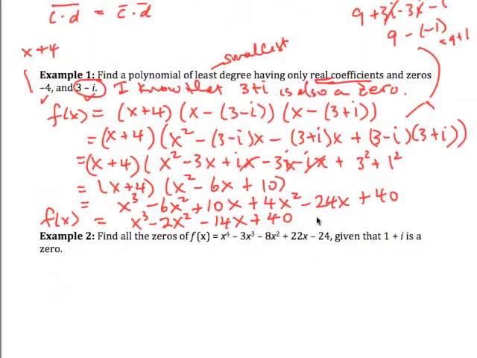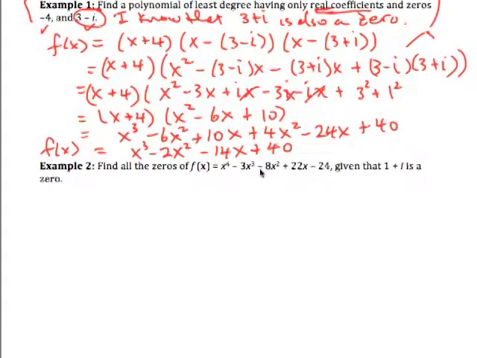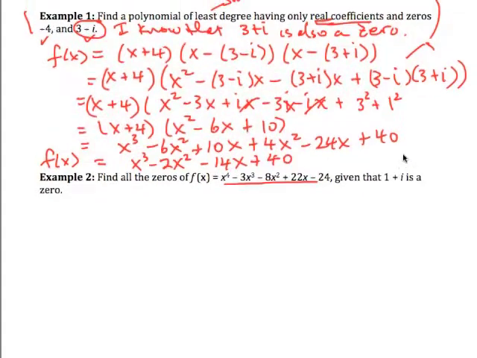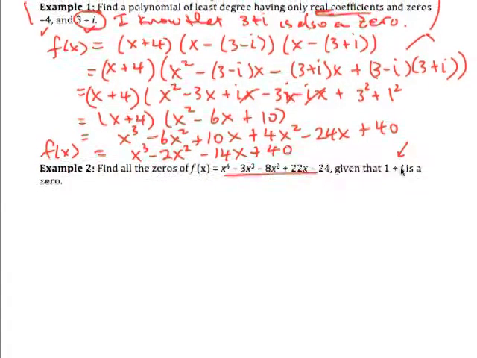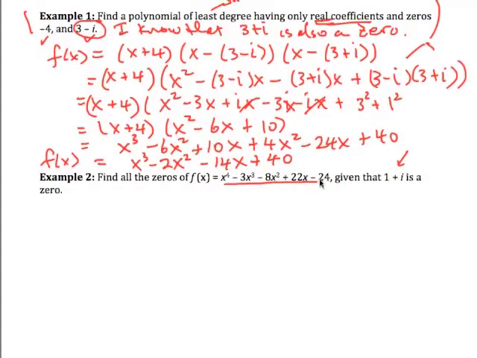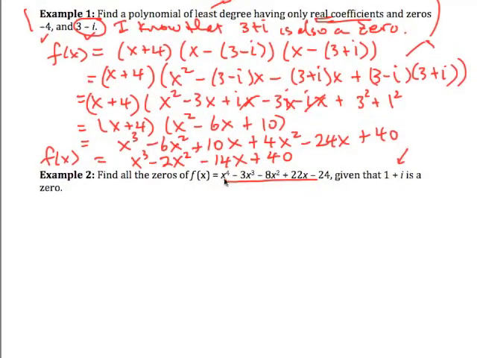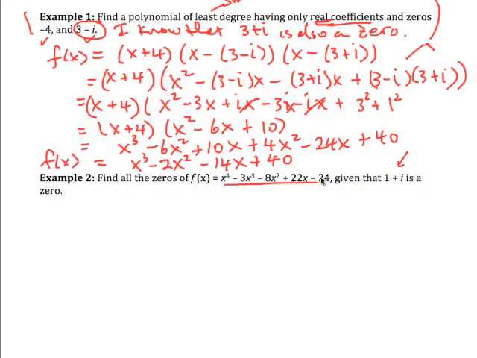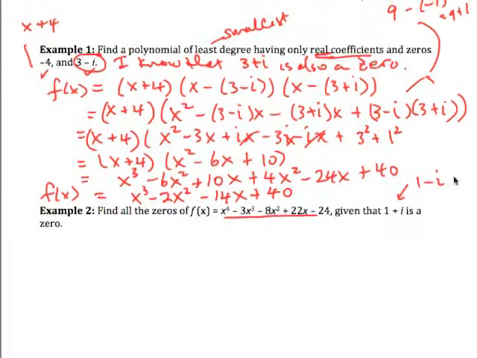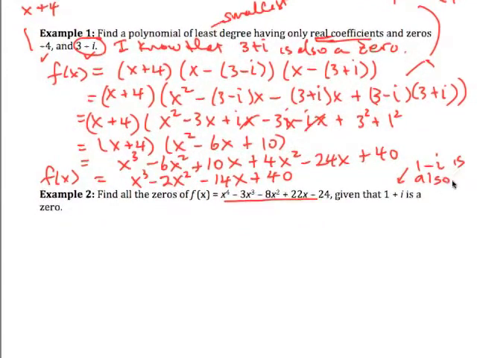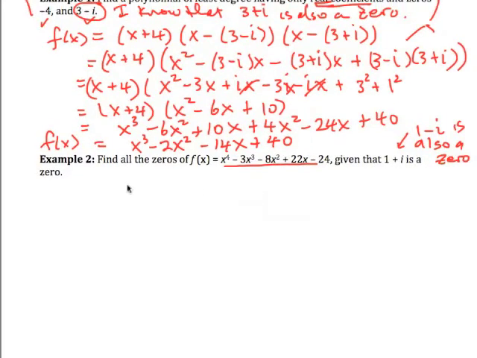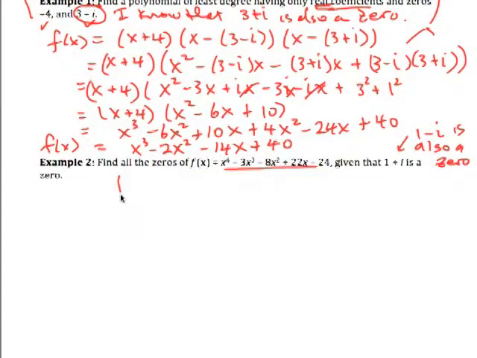zeros theorem. Now the next one, we want to find all the zeros of this degree 4 polynomial, given that 1 plus i is a 0. Now you will notice here that I do have all real coefficients again, and so consequently I know that 1 minus i is also a 0. Right, so now I'm going to use my synthetic division again,